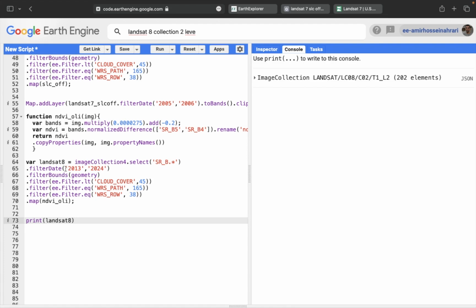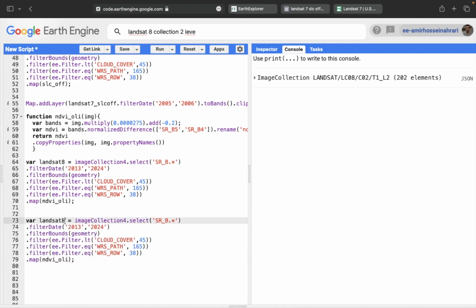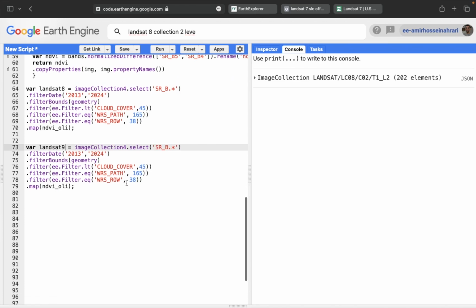200 elements available since 2013 to 2024 for a specific region with cloud cover less than 45%. So in the next step, we want to call Landsat 9 images. And also, as Landsat 8 and 9 have the same spectral characteristics, we can use the OLI function for Landsat 9 too. So for example, just copy the Landsat 8 variable, but this time instead of Landsat 8 we have Landsat 9